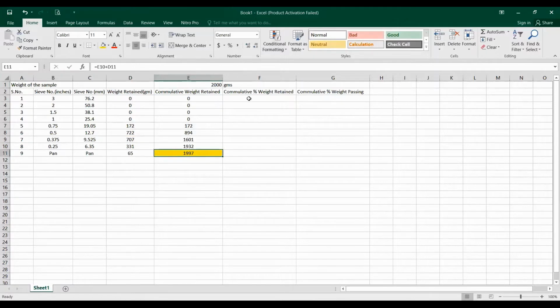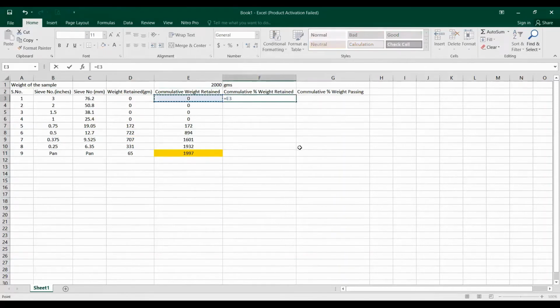Now we are moving to the cumulative percentage weight retained. We have to apply the formula: equals this cell divided by 2000 grams. We put the slash sign, and 2000 grams is the fixed total weight of the sample. For the calculation of the percentage, you have to put the dollar sign, because the weight of the sample should not change throughout the column, while E3 can change throughout the column, and the 100 should remain the same.